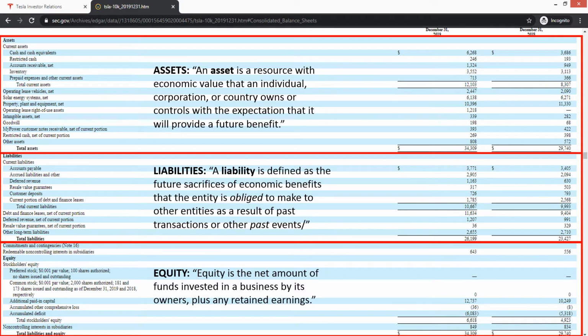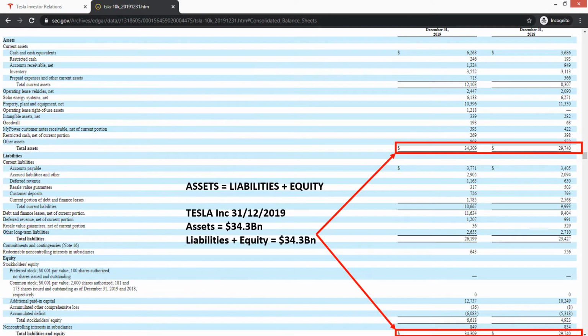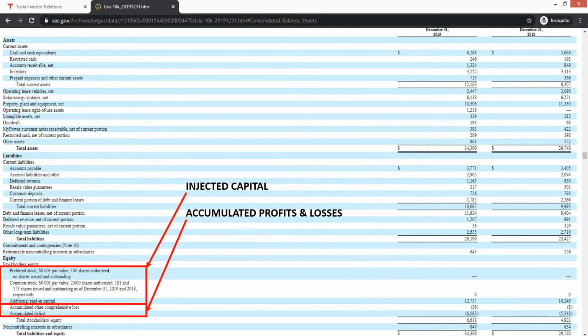Equity is the difference between assets and liabilities and, in theory, represents the net economic assets owned by the company. This gives rise to the accounting equation, assets equals liabilities plus equity, which can be seen on the balance sheet where the total assets, and total liabilities and equity, show the same total. Equity is made up primarily of any capital which has been injected, plus any accumulated profits and losses from previous